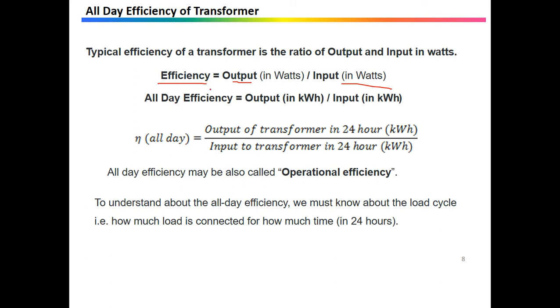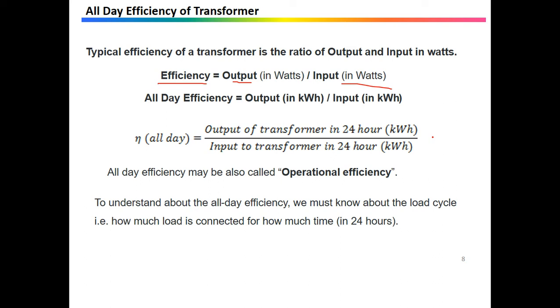Those distribution transformers which supply electrical energy to lighting and other general circuits have their primary energized for 24 hours, but the secondary winding is not energized all the time. Or we can say the secondary winding is energized only at night time when it supplies electrical energy to lighting circuits. So the secondary winding supplies electric power for a very small load or no load for most of the 24 hours. It means that the core loss occurs for 24 hours regularly, whereas the copper loss occurs only when the transformer is on load.